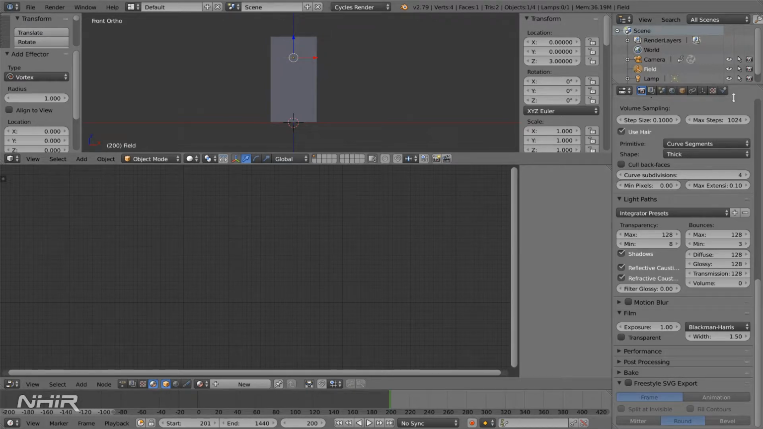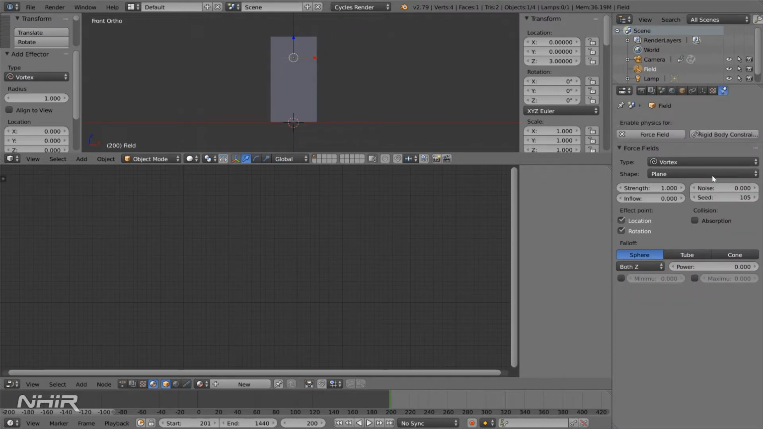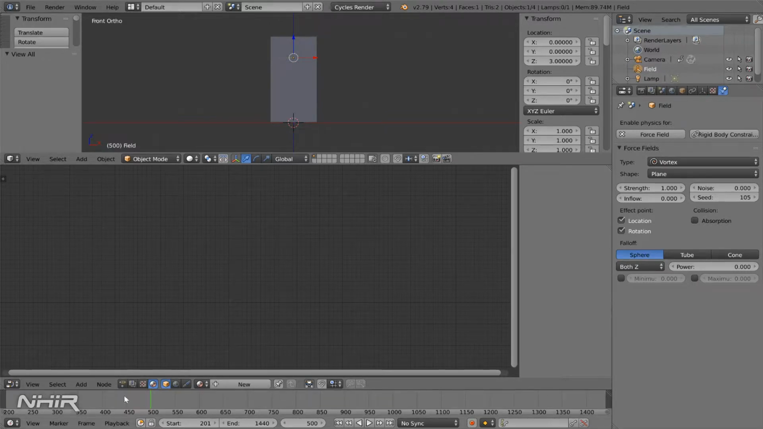With the force field selected, if we go into the physics tab here, the current frame set to 500. Put a keyframe on a strength of 0 and the noise of 0. And this effectively ensures that all the frames leading up to 500, that vortex force field will have no effect on anything. We need to add some more keyframes now for this vortex force field in order to make it do something. So the next position was